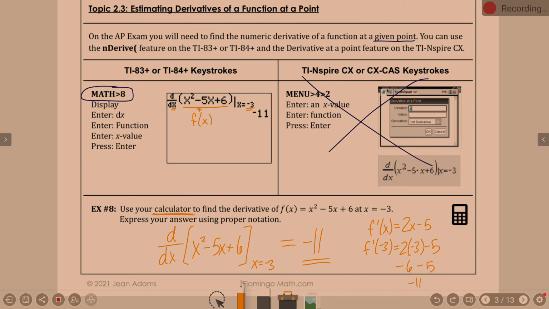So, you know, that'll come up eventually where that's an easy derivative to find, and you'll be able to plug it in and get the answer. The calculator can do that for you. You just have to know the function and the value you're evaluating at. Okay? That's a very basic function. Your calculator is always going to do that one right. Okay, your calculator's not going to mess that one up. And in all honesty, the ones you have to do, your calculator's not going to usually mess them up. However,